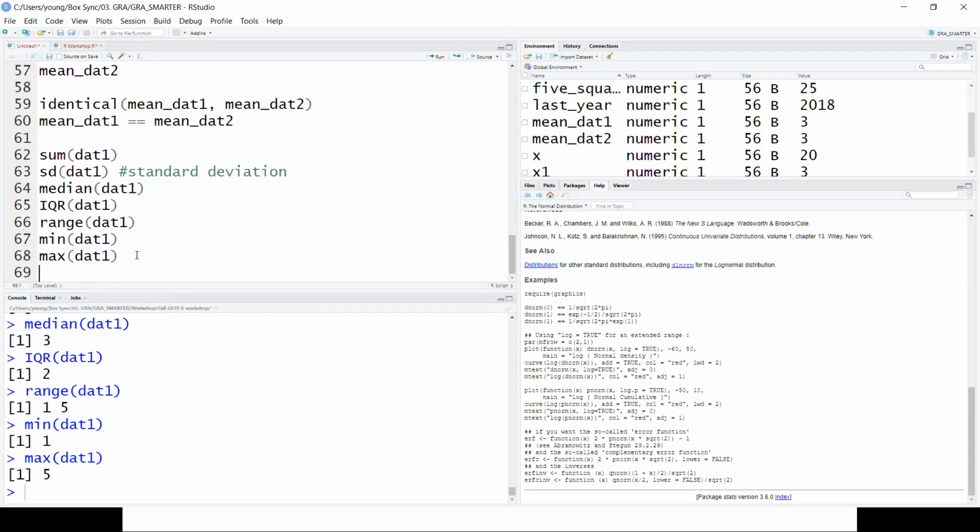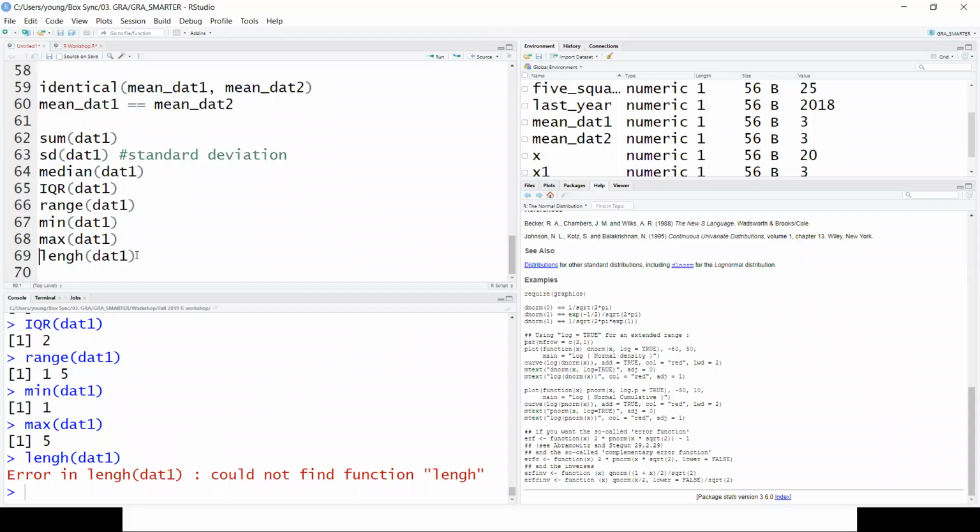I understand you cannot memorize all of this at once, but try to memorize some important functions, because I also took this R workshop the first time, and what I did after that, while studying RStudio again and again, was go back to this slide and study it a lot of times to memorize and get used to these R functions. And then the next thing will be the length of data 1, which will be 5.